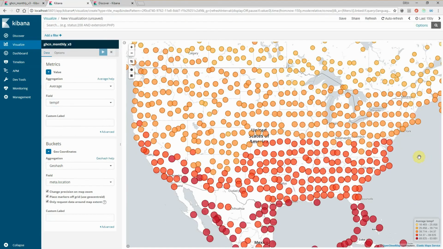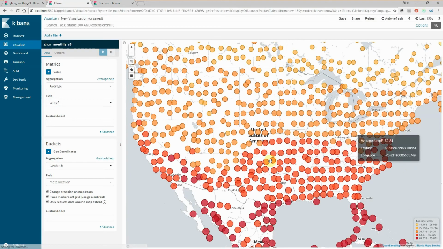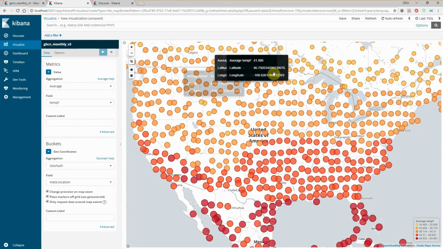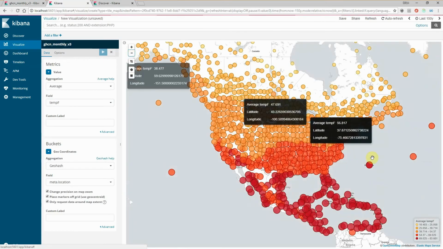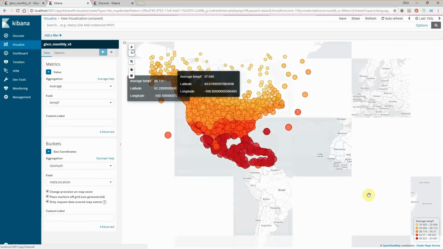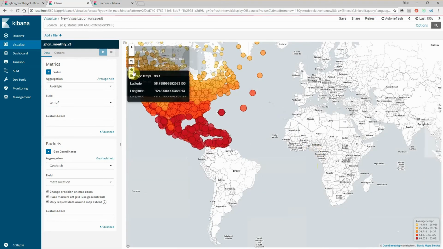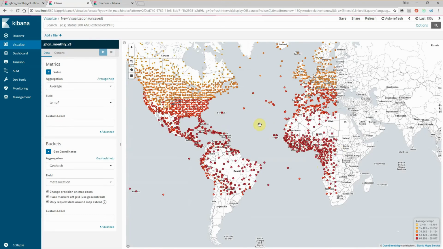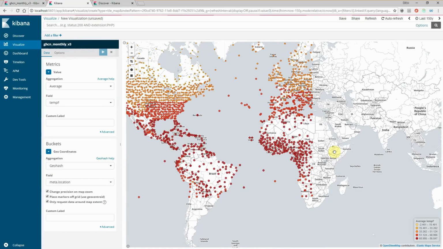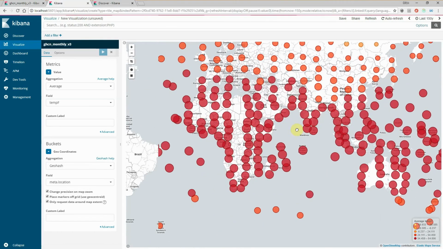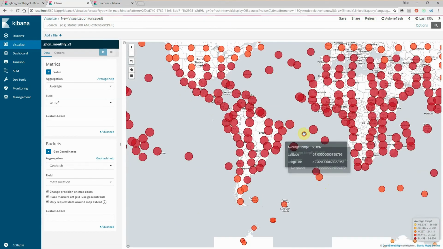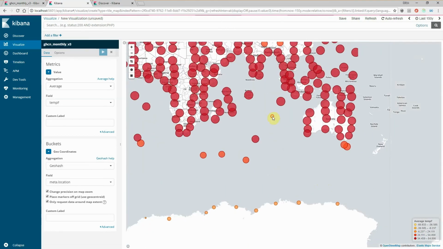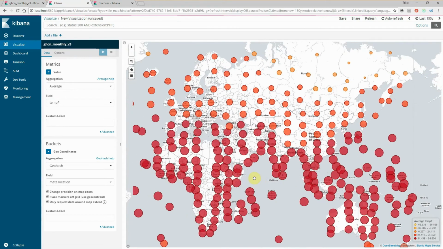And now we're going to show it by the average temperatures, and you can see, as you'd expect, much warmer temperatures in the south, cooler average temperatures in the north. And so this is kind of nifty. You can now zoom back and we can get a nice visual indication around the world of average temperatures, and you might see some anomalies at different points based on geography or proximity to water or something like that. But anyway, this is just an example of another way that you can visualize data in Kibana if you have it mapped out